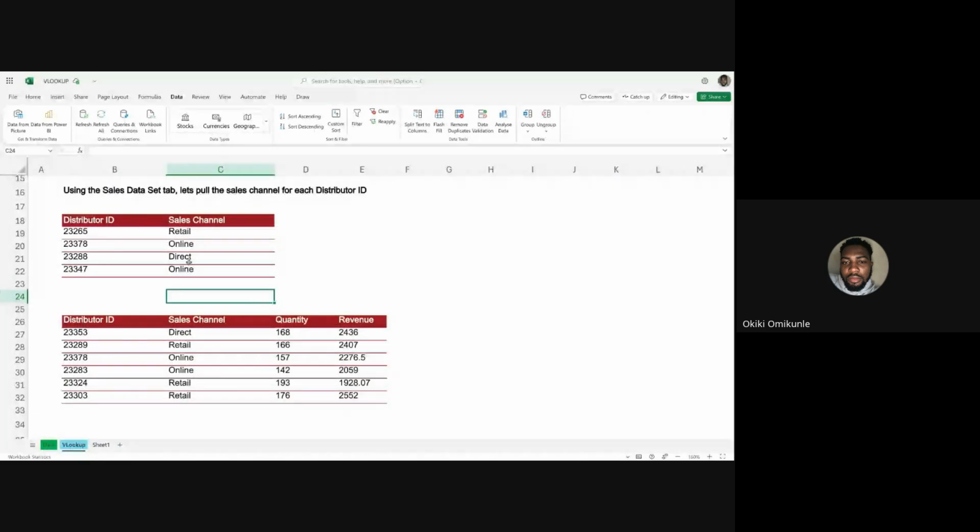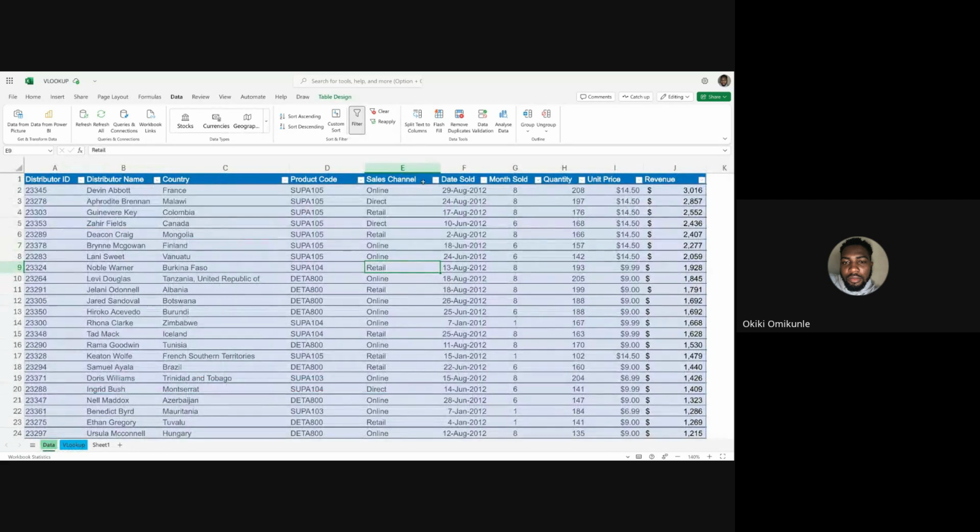She's asking how does VLOOKUP pick the online for this distributor ID? I explained that VLOOKUP would only pick what is specific or what is corresponding to the distributor ID in the sales channel. So VLOOKUP will not search for this ID and return what is not present in that